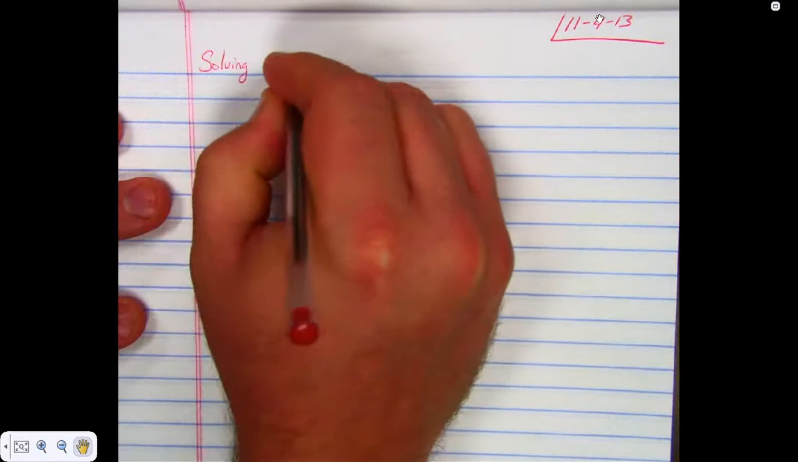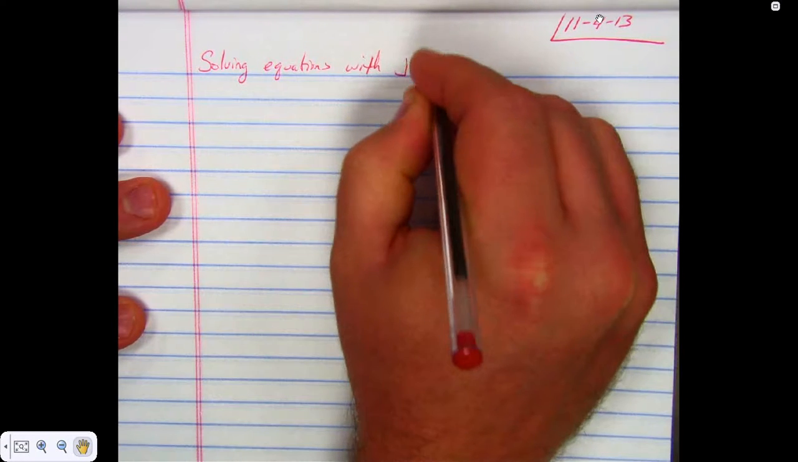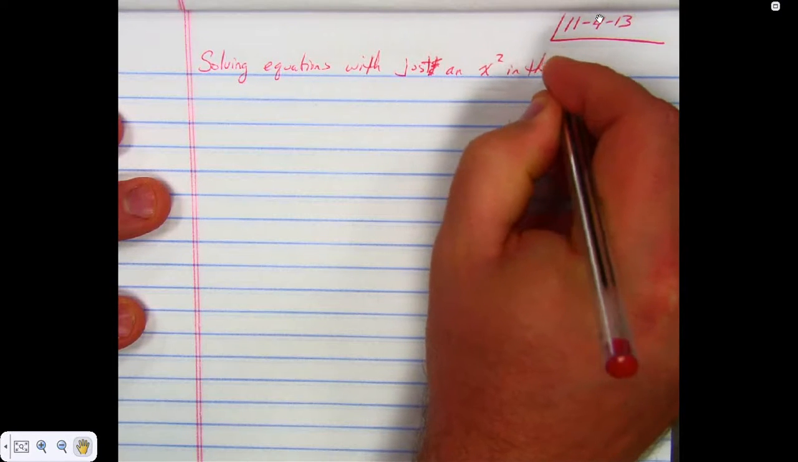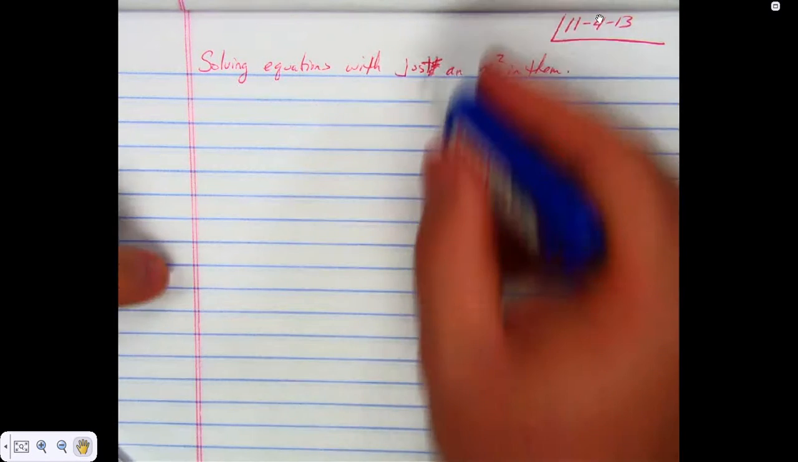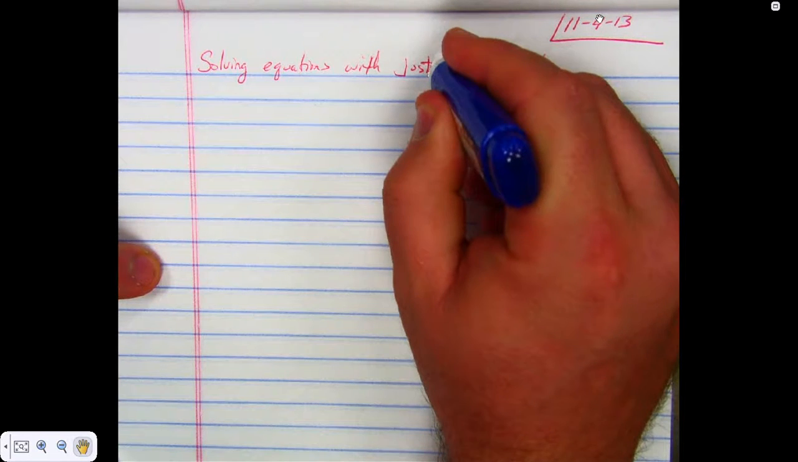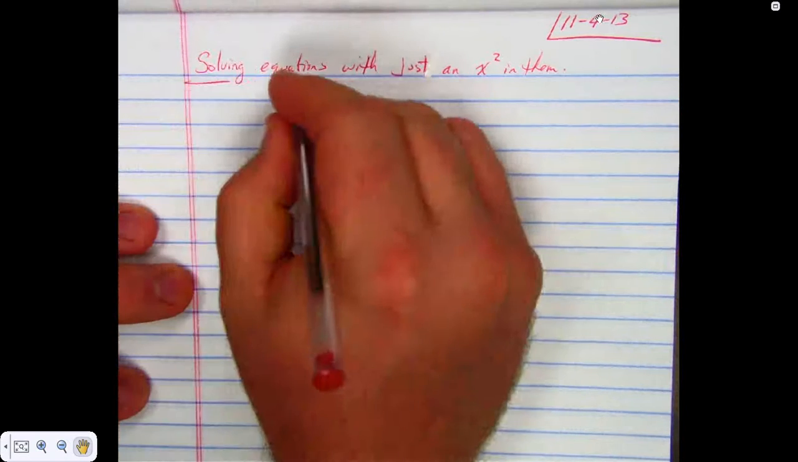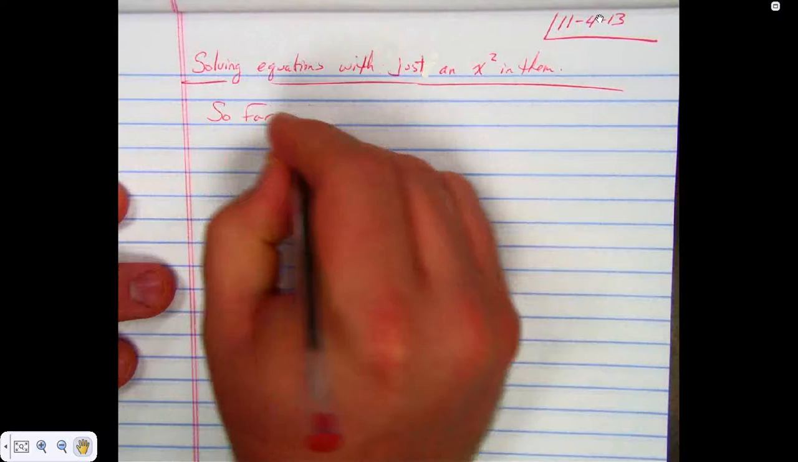Solving equations with just x and x squared in them. And we've done some of the harder problems. We did the solving by factoring, and now we're going to do something a little different. Instead of doing the easier first, we're doing the easier last. This is actually the easier ones to do. What I'm going to put on here so far: